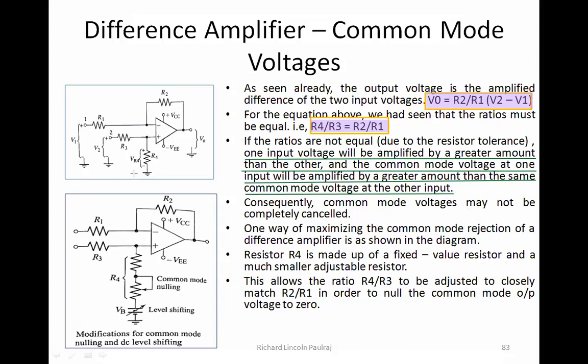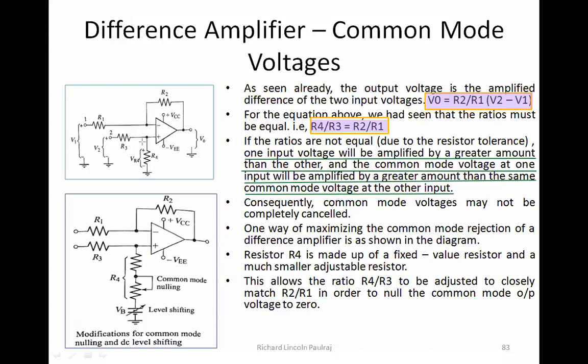Because of the change in the values of these resistors, the voltage levels at the non-inverting and the inverting terminals are going to change, right? Usually we do not want these changes. If I have plus 5 volts at the inverting terminal, I want 5 volts here at my non-inverting terminal. That's how it should work, isn't it? That's how my op-amp should work.